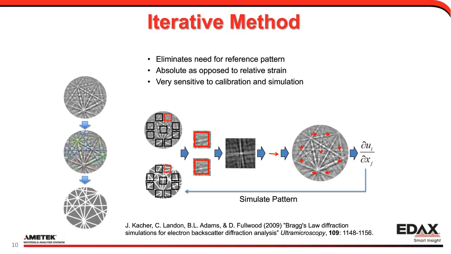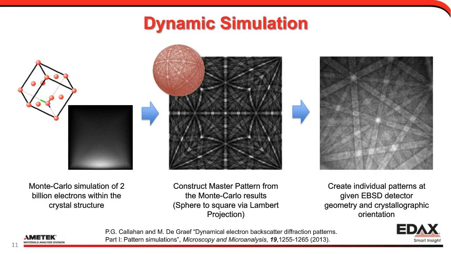There is an iterative method that attempts to eliminate the need for a reference pattern. The idea is that you take a pattern, index it, and from that you simulate a pattern, and then you try to do that iteratively and fit the displacement gradient tensor. But it's very sensitive to calibration and simulation. This very much continues to be a research area, but it's improving